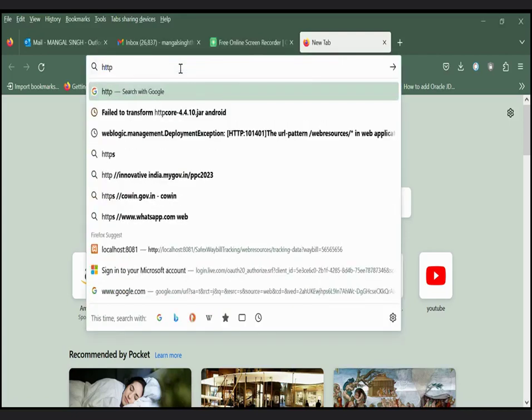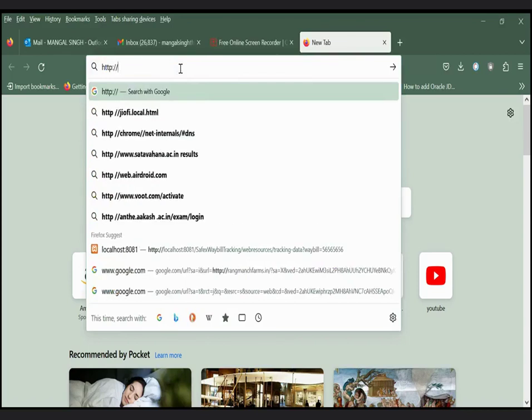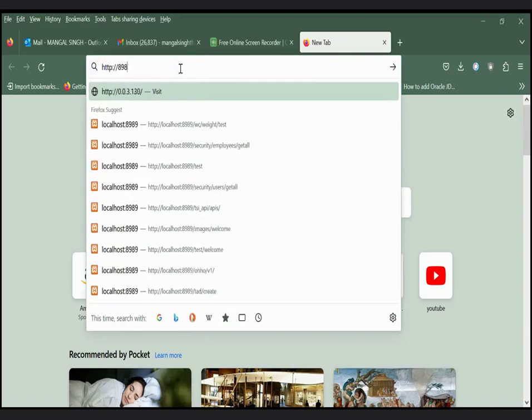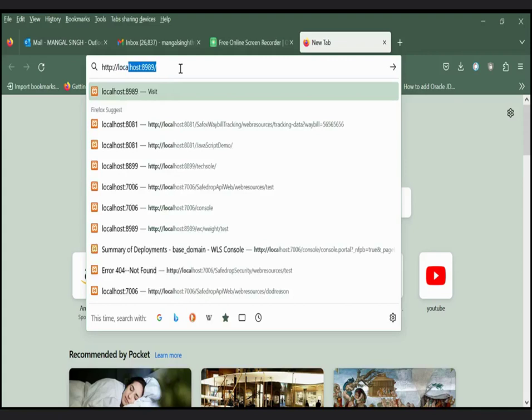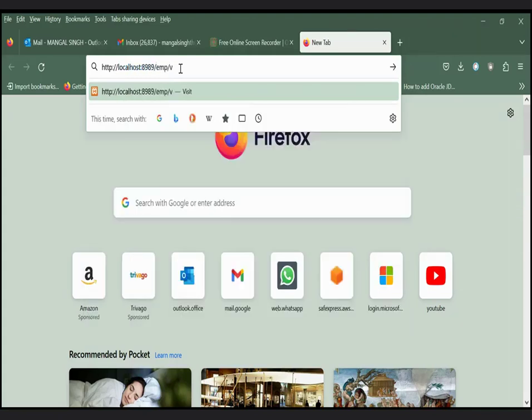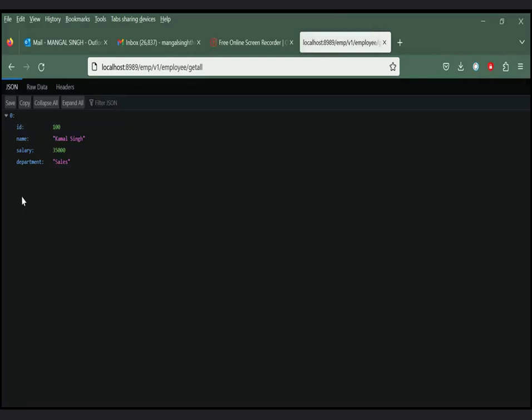So let's test the API on the browser. Type here http://localhost, then port 8989, then our context path that we have defined in the properties file, emp/v1, then